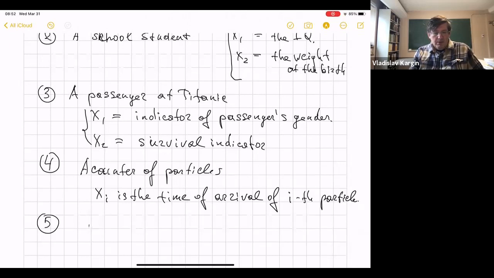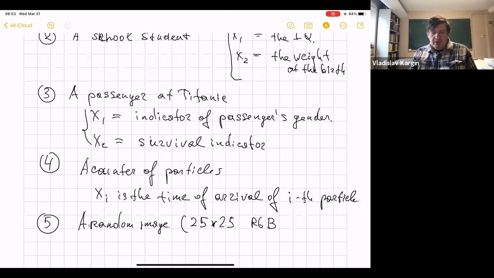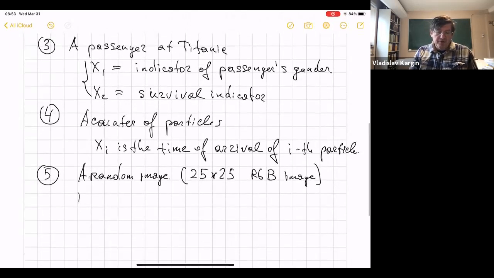Say it's a 25 by 25 RGB image. What does this mean? The size of this image is 25 by 25,